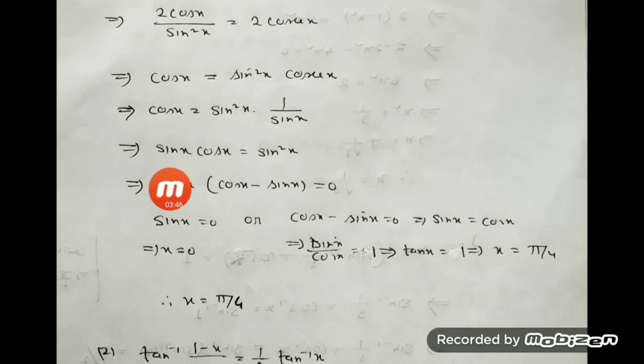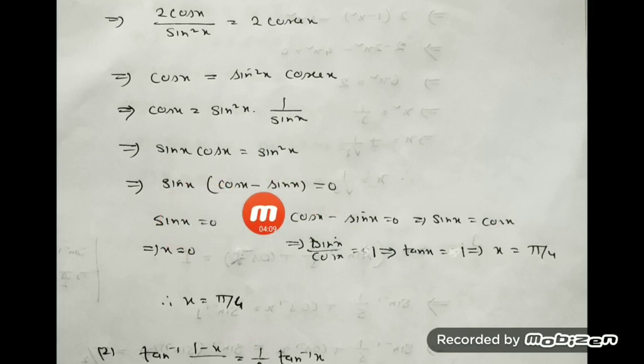So we get sin x into cos x equal to sin square x. If I bring this to the left side, remember your aim. Your aim is to solve it for x. You have to find out the value of x. So taking sin x common, we'll have sin x into cos x minus sin x. Okay. After this it is the product of two functions. So when the product of two functions is 0, what does it give you?